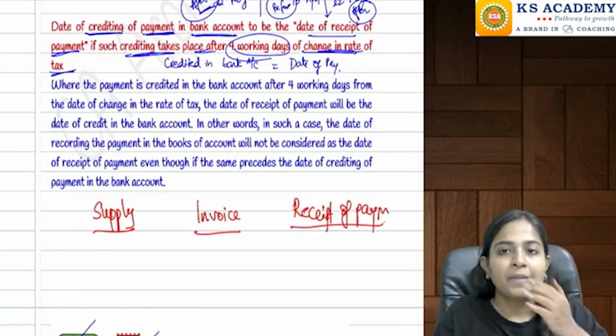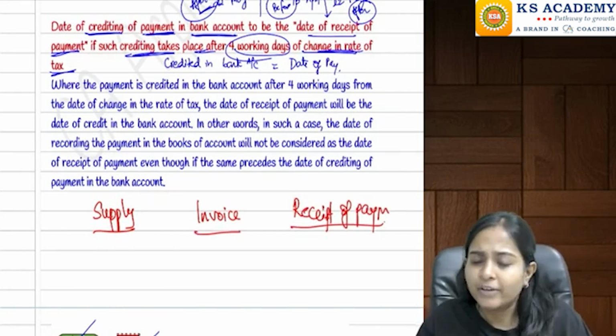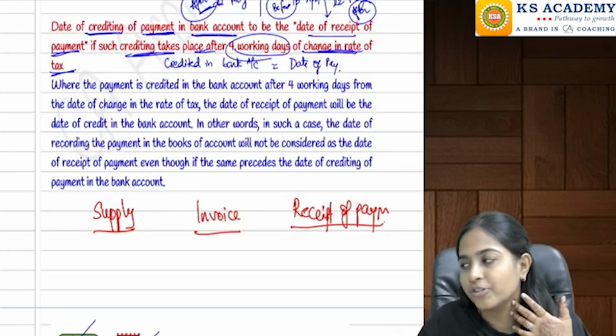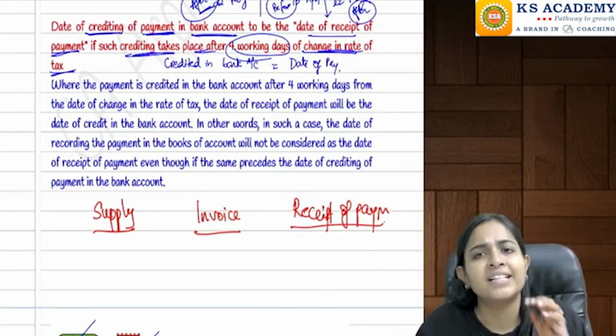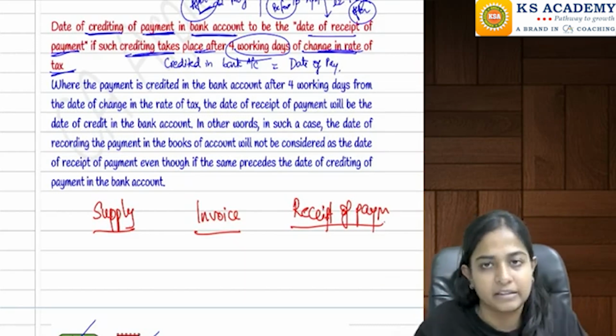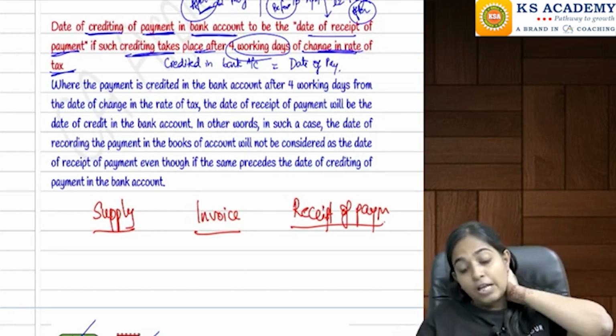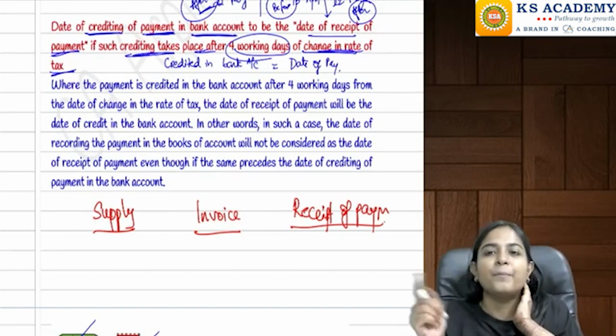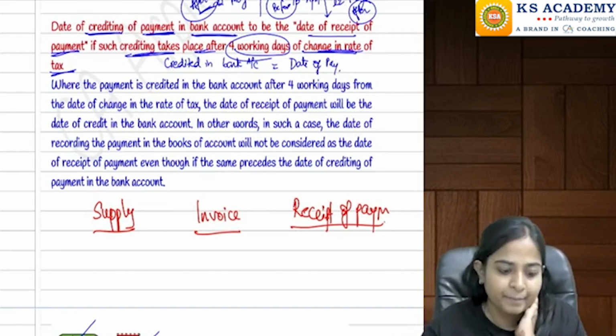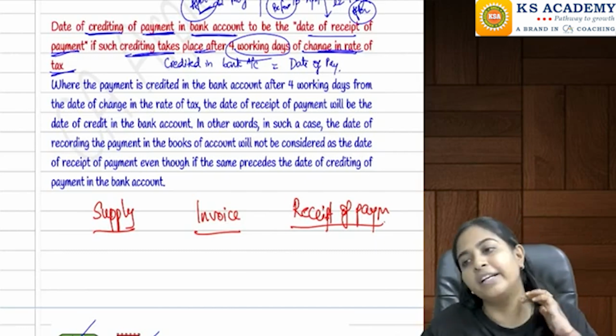Let's say we are in the month of March, almost at the year end. We come to know that the government is going to change the rate of tax right from 1st of April next year. The rate of tax is going to increase on this particular product from 18% to 28%, for example. So now what we did was,